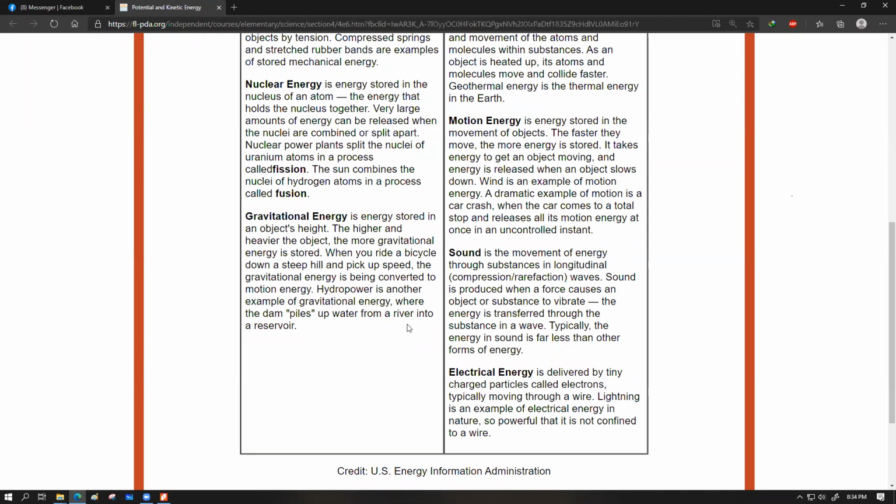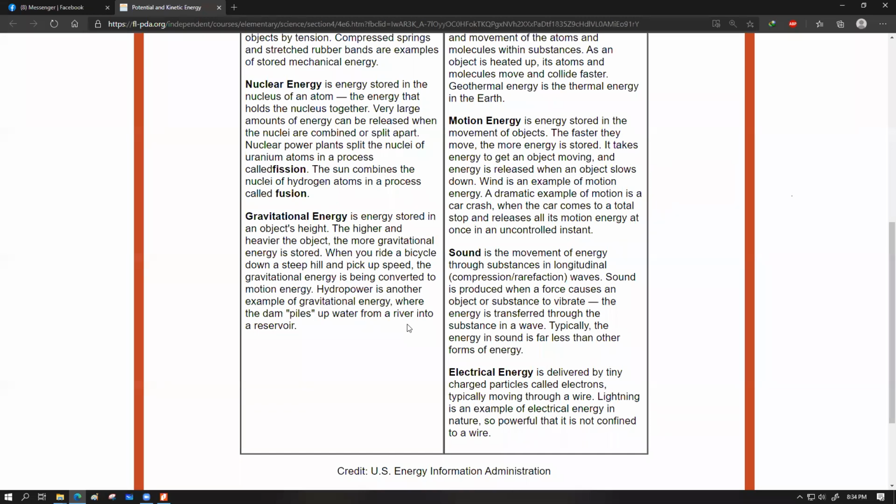That kinetic energy can be conveniently converted to something else if you can extract that. For example, if you have wind energy, which is the example they give, you can capture it by some propellers and convert that into electrical energy by rotating some turbine. Or for the example of a car going at a very high speed, if it goes into a collision, the collision is going to crumple the car's body and there'll be permanent deformation of the car or the contents of the car. In that case that kinetic energy can be converted to elastic potential energy because of permanent deformation. So motion energy is the energy stored in an object by virtue of its motion.